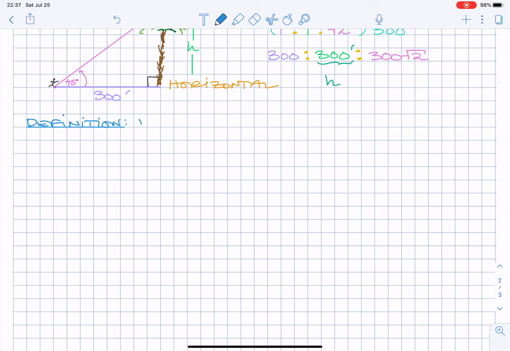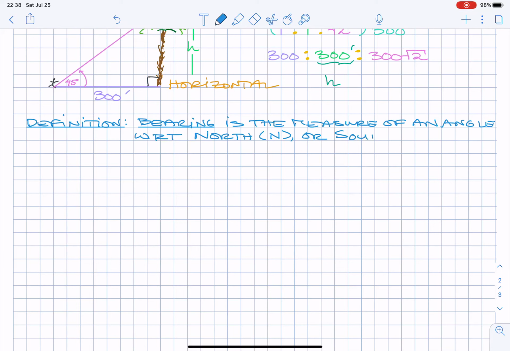Okay, so bearing, that's what we're defining. Bearing is the measure of an angle with respect to north, which we're going to annotate as capital N, or south, which we're going to annotate, of course, with the capital S, on a map, and is given by